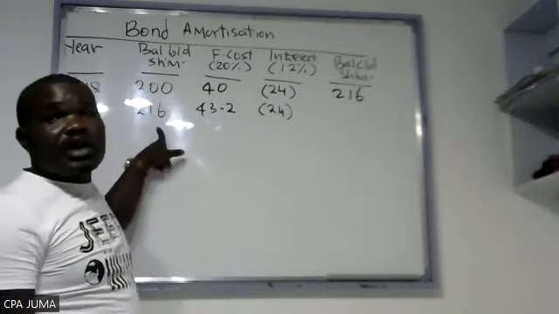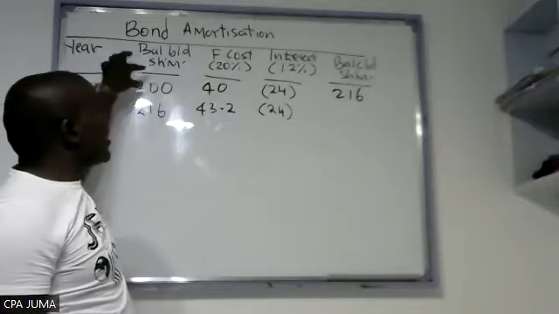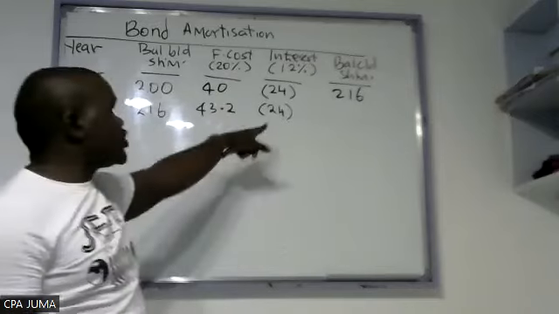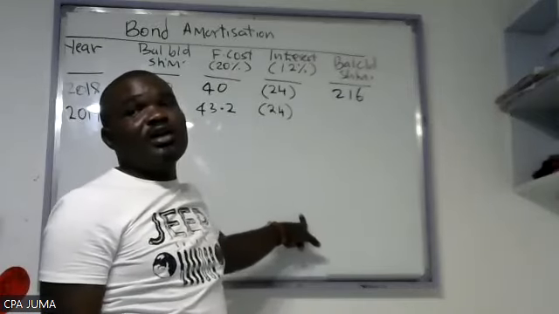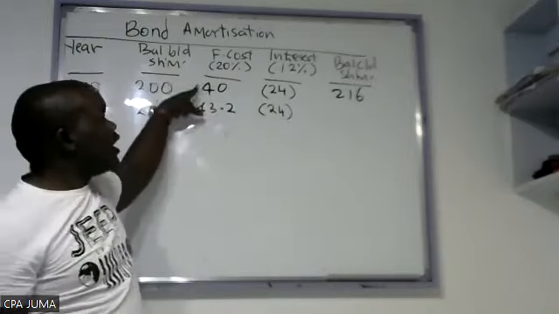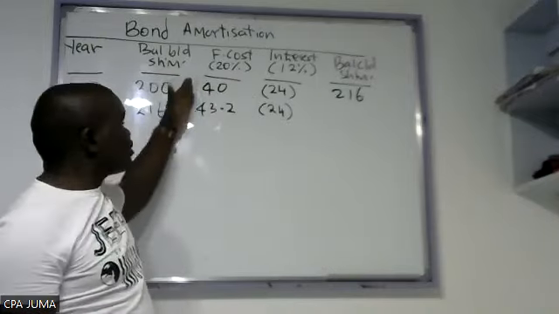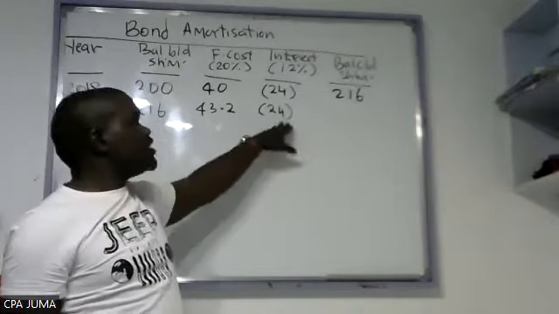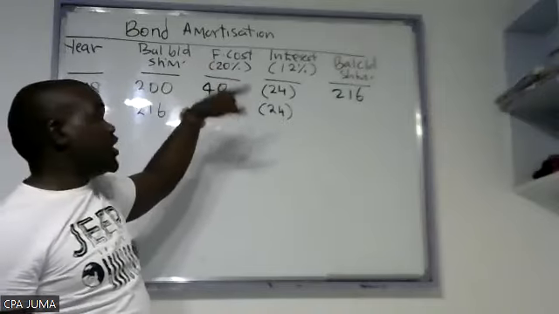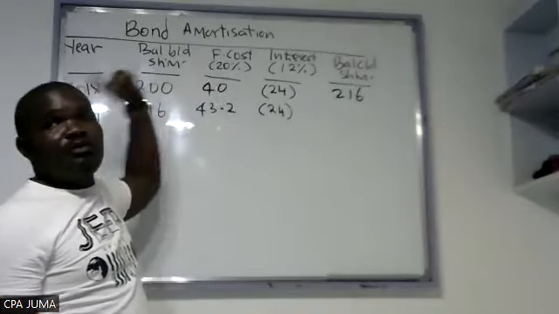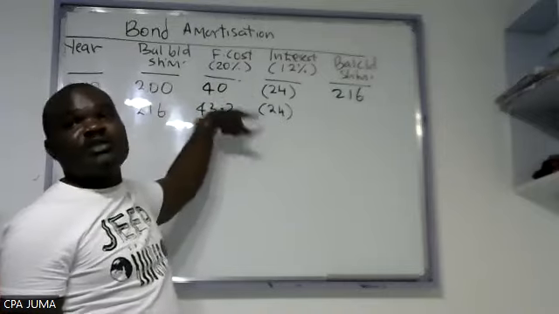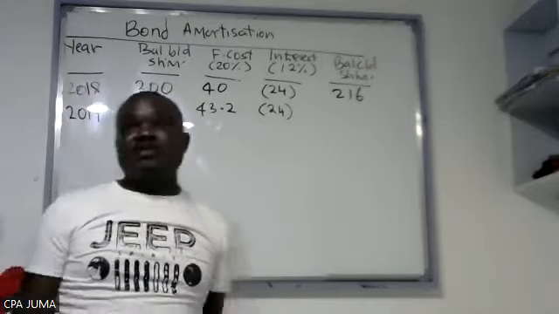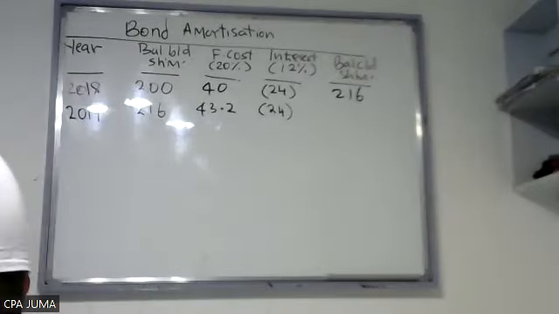Then interest remains constant. Interest, you don't compute on this one here. Interest is based on the opening figure throughout. It remains constant throughout. The actual interest, this one remains constant. It doesn't change. What changes is finance cost because of the market. So finance cost will change because it is based on the amortized cost, but interest is based on the nominal. Interest is based on the nominal value, while finance cost is based on the amortized costs. Perfect. So take this plus this minus 24. What do you get?